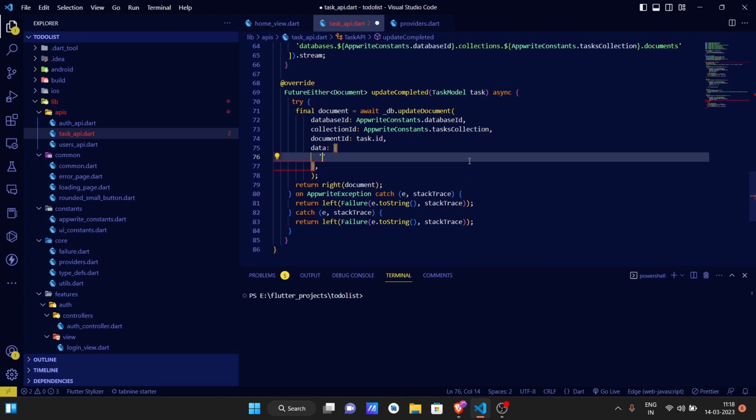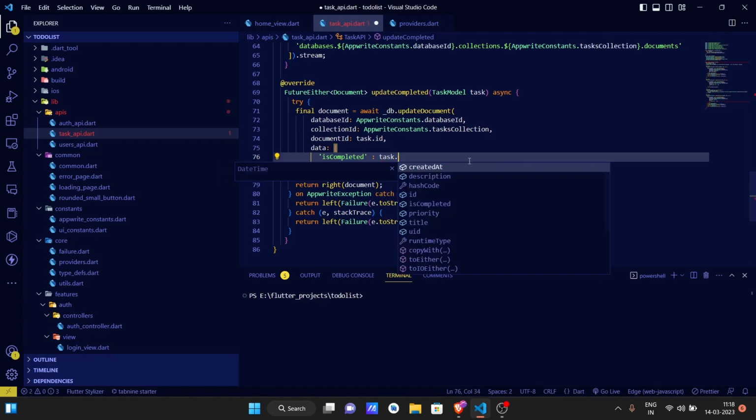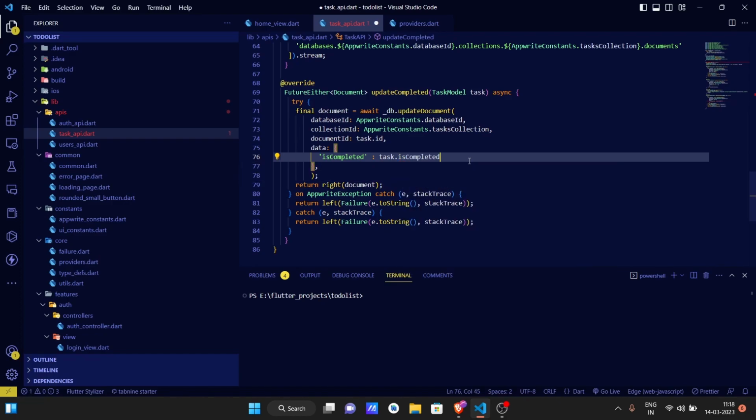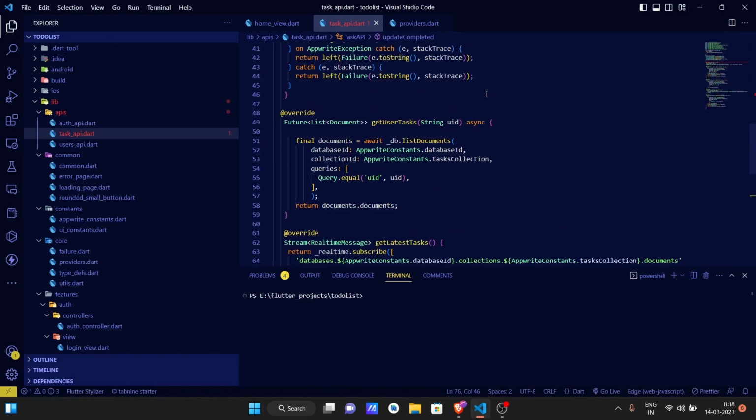So over here is completed, and it is going to be task dot is completed, and that's it. This is all you're gonna need to update our tasks, whether they are completed or not. That's it. And now for the last function,